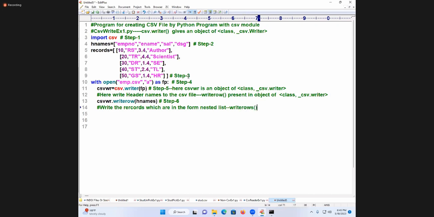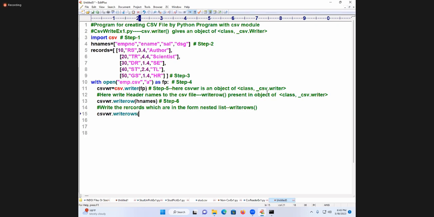It is actually very rhythmic, students. writerow is for one record or one header. Multiple rows are there now. What is the function name? So writerow, writerows, present in where? Writer class object. Understand? So CSV WR.writerows